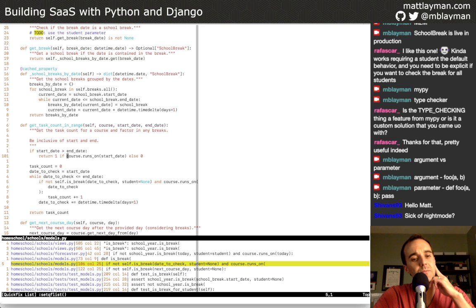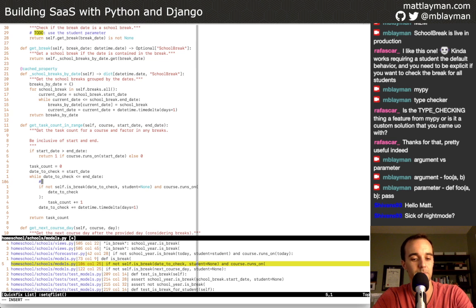Okay, so when is get task count in range used? If it's used in the calculation of a student's schedule, then we would need to get the student in there too. I think it is, unfortunately. So I'm going to be creating a bunch of things that I'm going to have to come back to a little later, and we'll probably do maybe a couple of them as an example for this evening, but I'm not going to make y'all suffer through all of my to-dos that I want to work on.